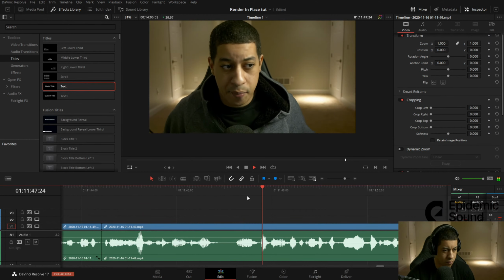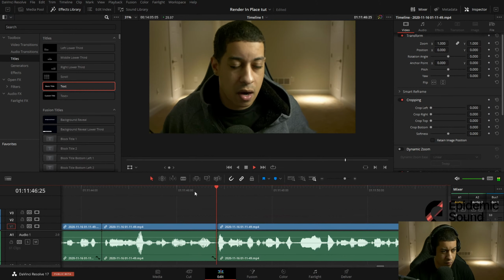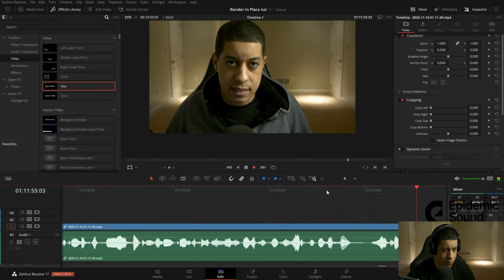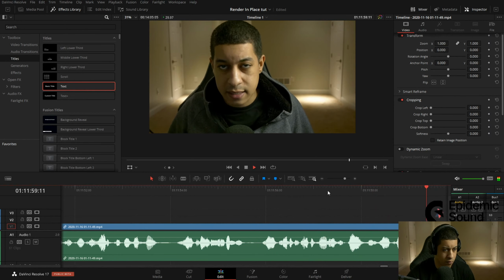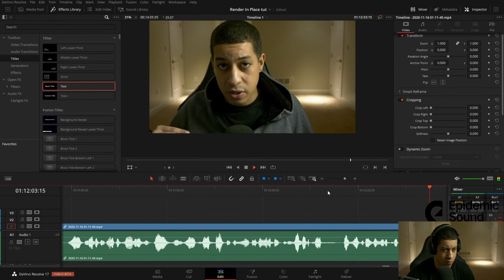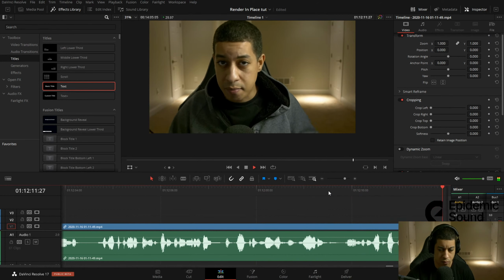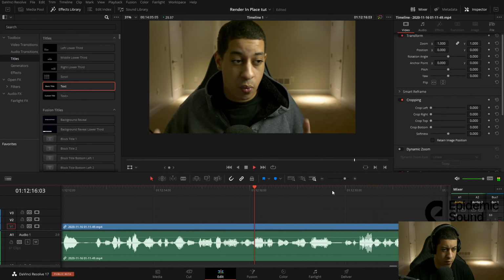You can get going from there. But yeah, that's kind of it for how to render in place. I think it's an amazing thing. I think a lot of people that have low power systems will be able to take advantage of these really cool effects. It might take a little bit to render the clip, but once they render the clip and have it on their timeline, they figure out the codec that works best for their system, that they're comfortable with the quality. They can drop it back on their timeline, they can play it, they can get a good idea of what the project is going to look like,